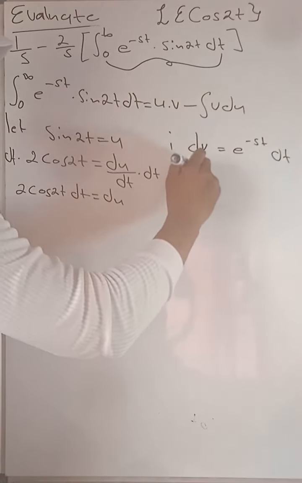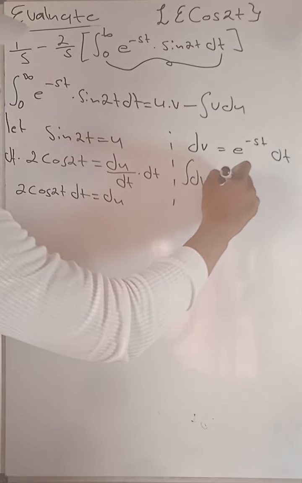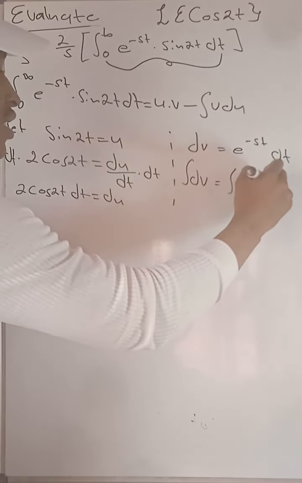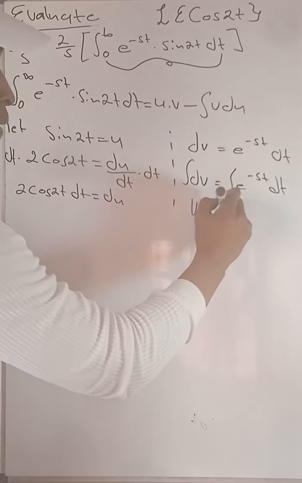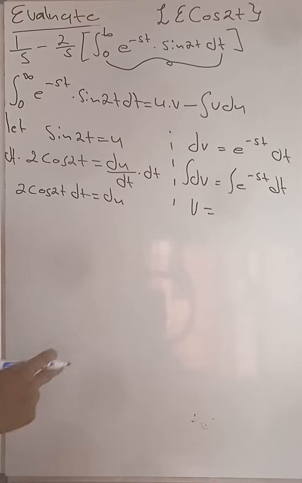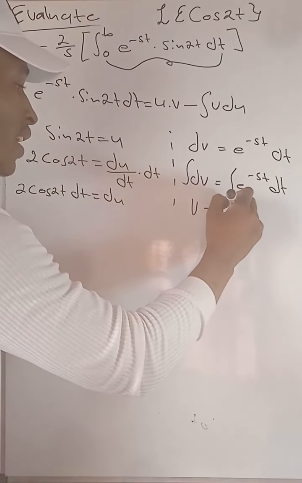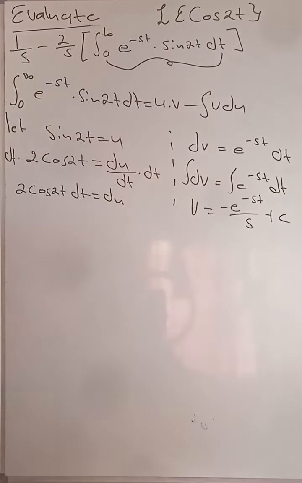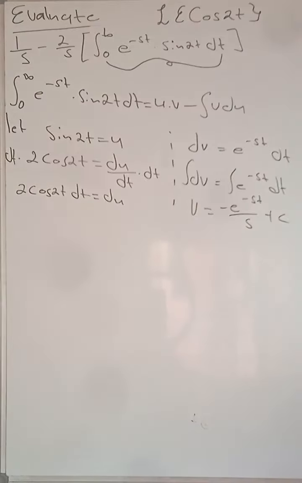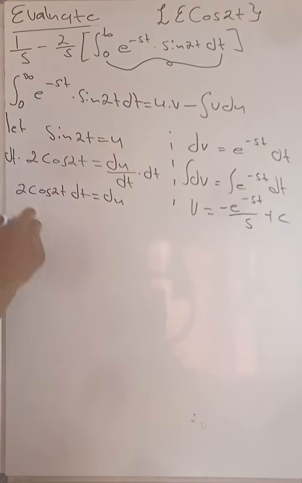So if I integrate this guy, and then also integrate e^(st) dt, I'll be having v = -e^(-st)/s, since my s is constant, plus c. So right now, what we can do is to actually substitute in our equation. When we substitute in our equation, my u is what? Is sin 2t